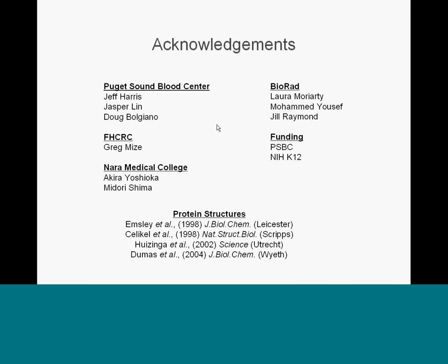I'd like to acknowledge the contributions of the people, first and foremost, in my group here at the Puget Sound Blood Center, Jeff Harris and Jasper Lynn, who work in my lab, and Doug Bolgiano, who is a statistician who helped with the analysis of this. My colleague Greg Mize at the Fred Hutchinson Cancer Research Center here in Seattle, our colleagues in Japan who provided the NMC4 monoclonal antibody, and funding from the Puget Sound Blood Center and the National Institutes of Health, and lastly,